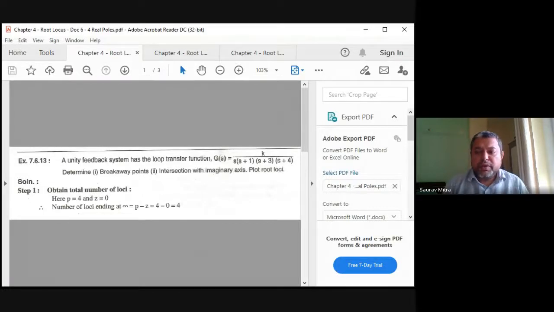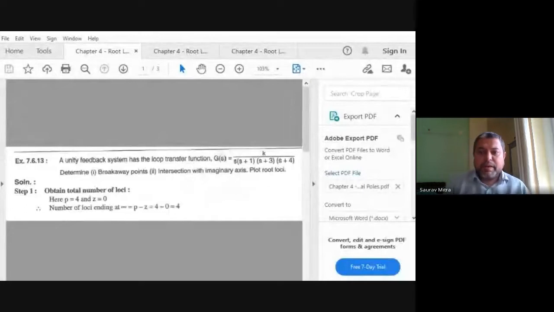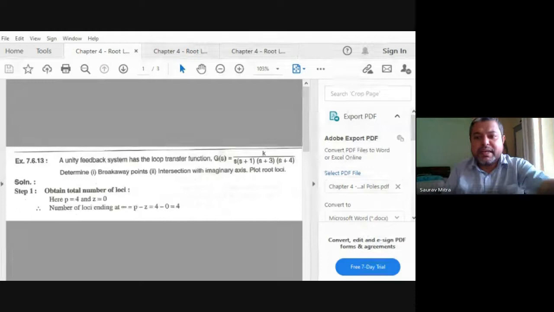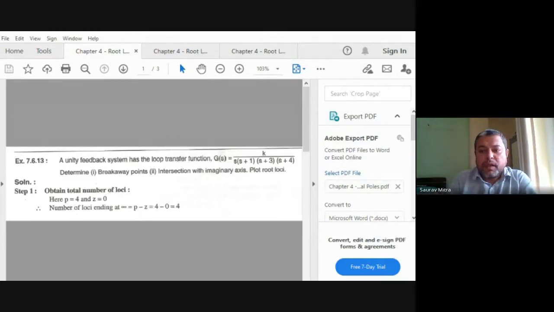So before we go for MATLAB-based output, we will not have to do MATLAB to do this root locus, because all the MATLAB results that I want to show you, I have cut and pasted in one document. That document I will give to you and you can verify. The code is also just 4 lines. That code will be given to you and we have to enter this G(s) in MATLAB.